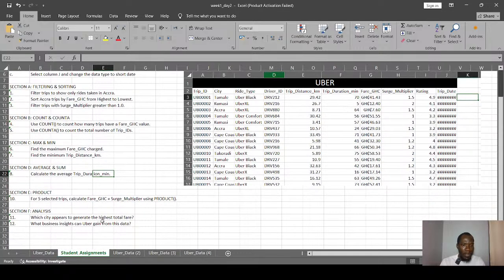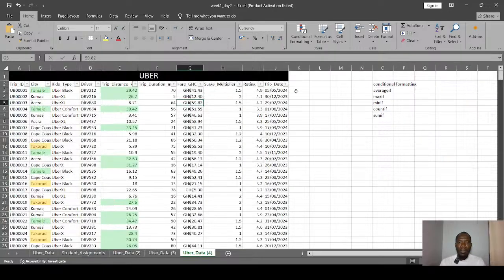Which city appears to generate the highest total fare? We are going to tackle this question for learning purposes. Let's look at how many cities we have, and then we'll try to get their total fares.